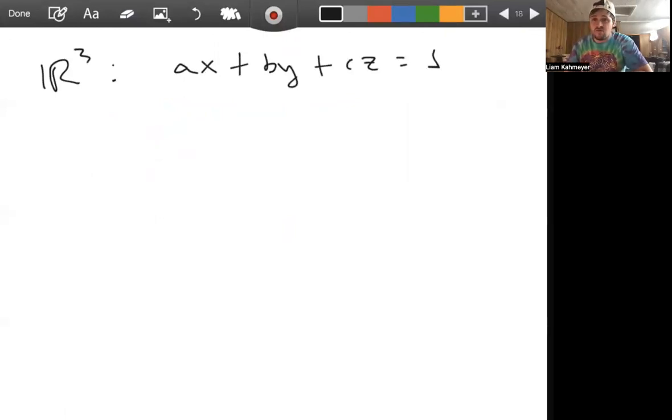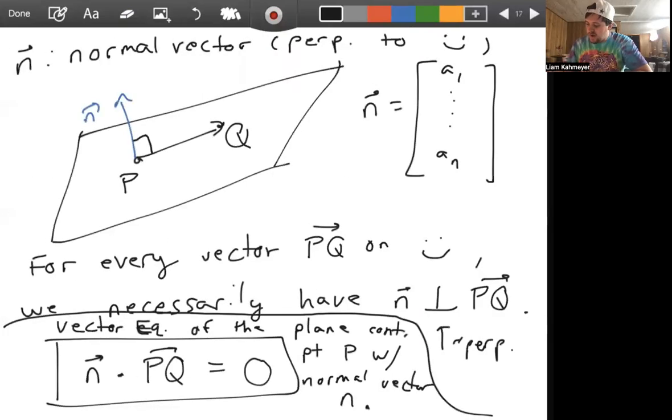We're more used to seeing, like in R3, for example, planes in the form AX plus BY plus CZ equals D, right? This is your general formula for a plane. Our vector equation, sure, describes this plane, but not so explicitly. We understand that the plane must satisfy this, but it doesn't give us a good intuition of what's going on here. And to get an explicit equality,